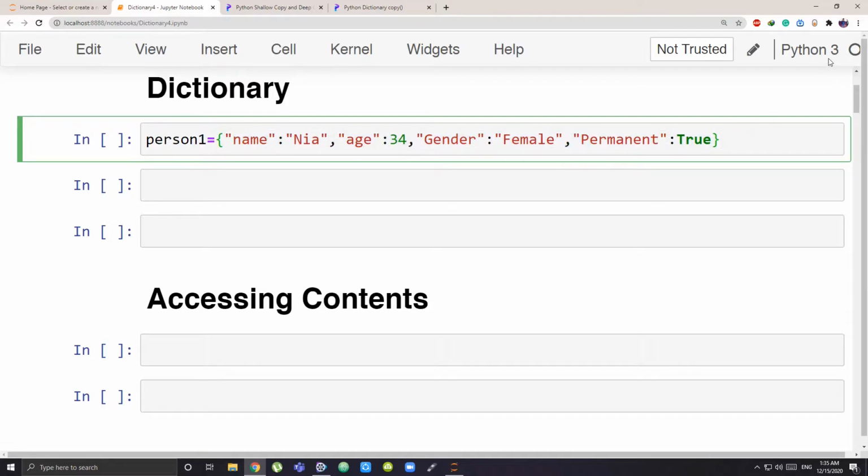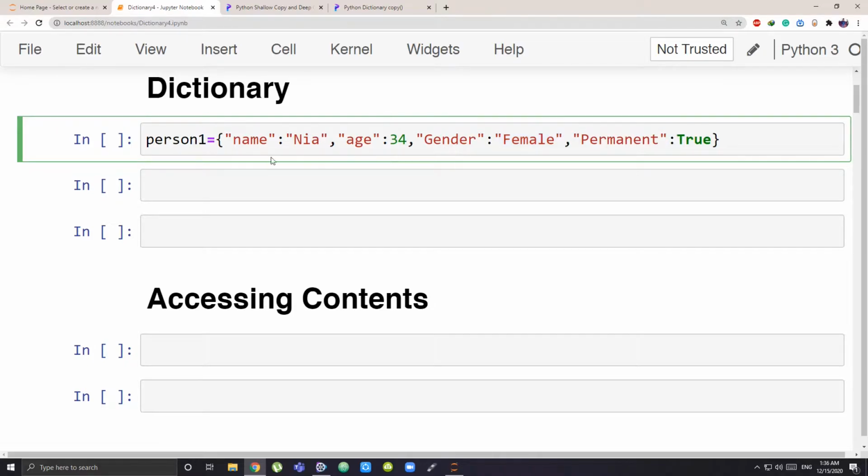Now obviously there are some rules that are fixed for keys and values. Your keys can be only immutable data type. Immutable means you can't directly change that data type. What is included that can come as keys? One being strings, next being tuple, then you can have integers or any numerical values. Whereas for your values, you can have any data type. You can have lists, strings, you can have also real numbers, boolean, you can even have dictionaries as your values.